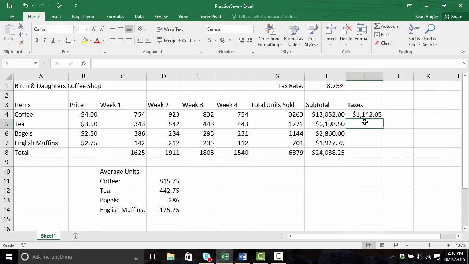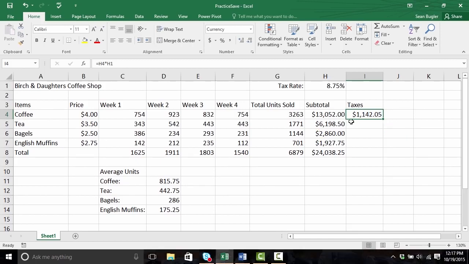$1,142. Now, once I've built a formula, I really don't necessarily want to have to build it all over again. That seems tedious, and it feels like a lot of work for a software program that's touted as being the end-all be-all of doing math for me. So we don't actually have to retype this formula all over again. We do have access to something called the autofill handle. The autofill handle allows us to copy the same formulas over and over and over again, adjusting for relative cell